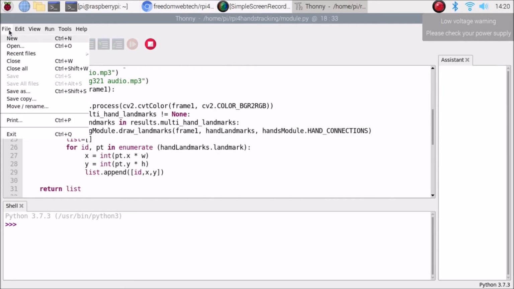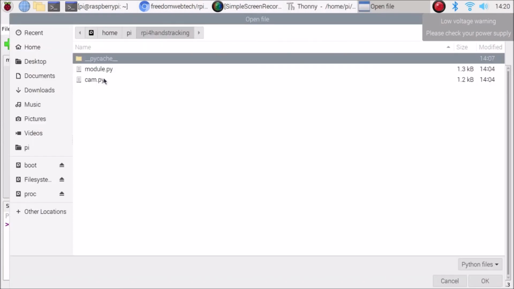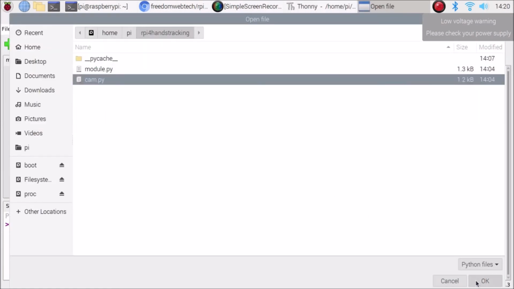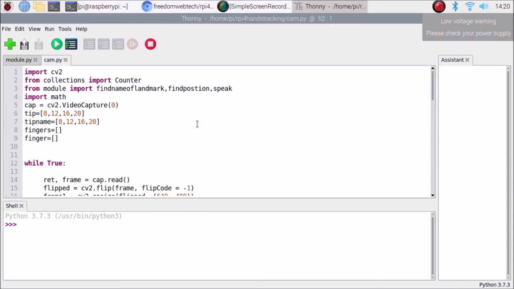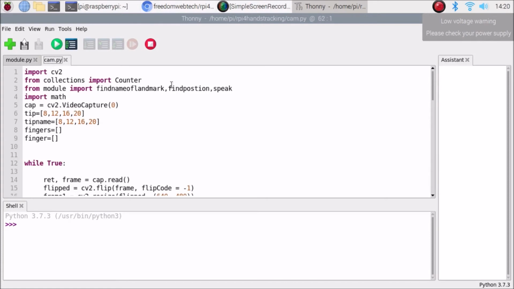Then the main file is open and the cam.py. Okay, so this is our main processing file. As you can see, I have imported the find name of landmark function from our module.py, also the find position from module.py, and also the speak function from our module.py. Okay friends, so simply